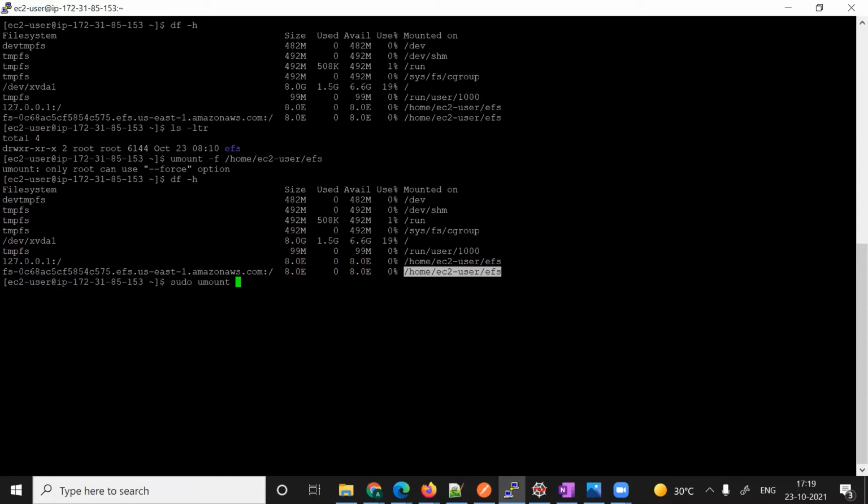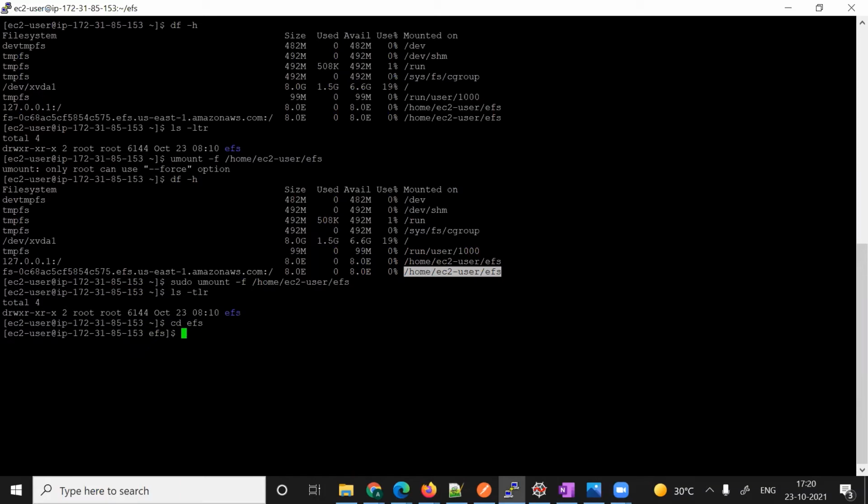It's not required, but I'm just telling you. Then you can unmount it. So this is unmounted. The folder is there, but there is nothing in it.